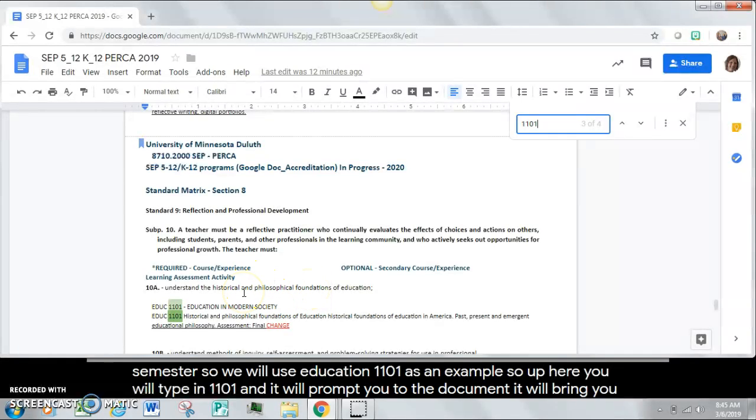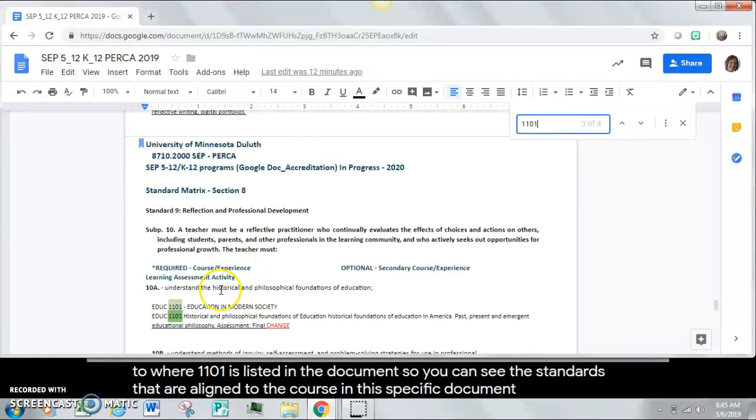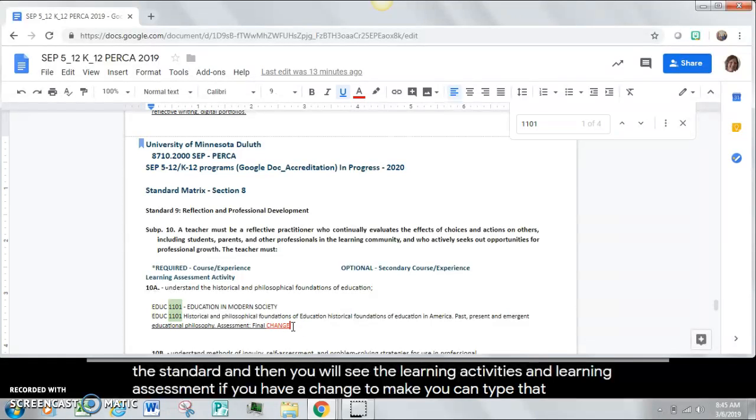It will bring you to where 1101 is listed in the document so you can see the standards that are aligned to the course in this specific document. You will see the standard and then you will see the learning activities and learning assessments. If you have a change to make, you can type that change in,